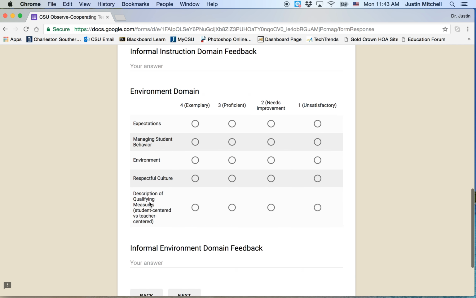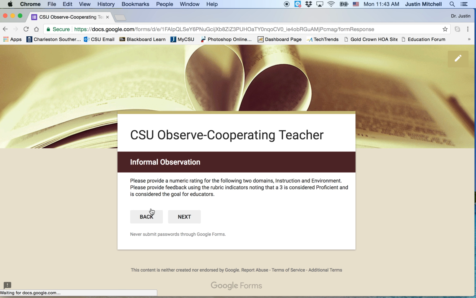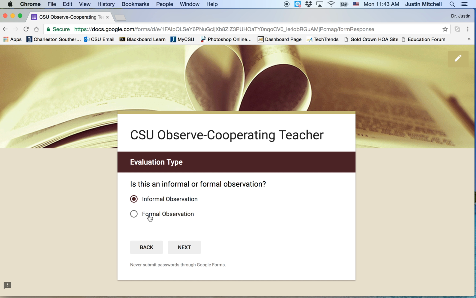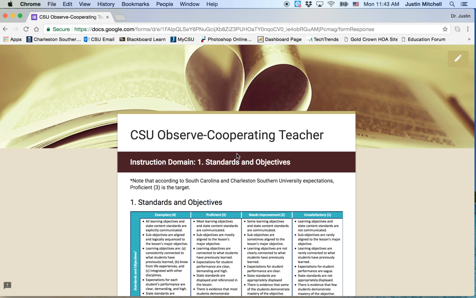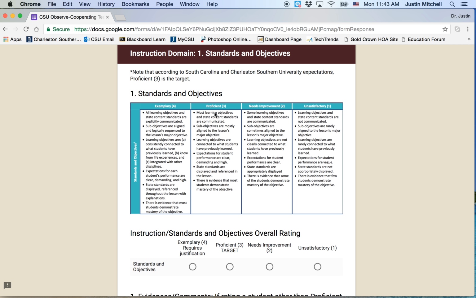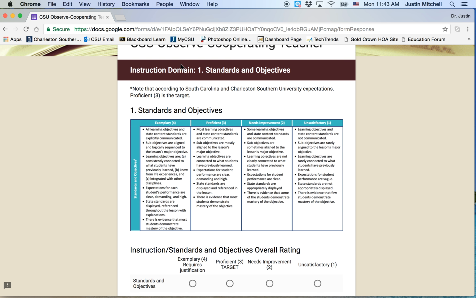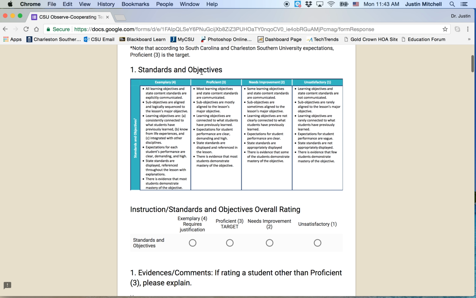If you are doing a formal observation, it's a little bit more involved. You click formal, and it actually will provide you with each of the domains, one per page. So the instruction domain is on the first page, and it goes through each of the 12 indicators. And so all you have to do is, as you look through, you decide what rating that you want to rate the teacher candidate,